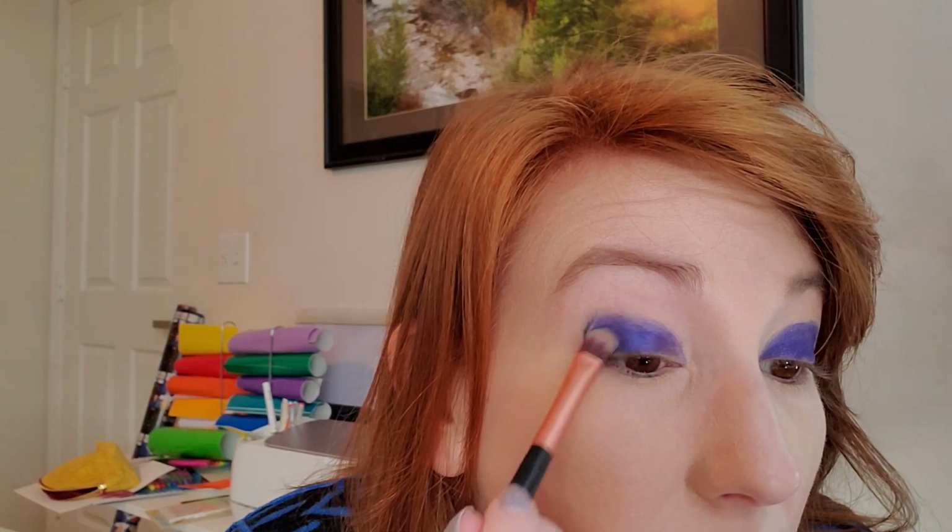I'm kind of cutting this shape out with my brush as well. Press, press, press. And then we're going to blend with a nice neutral color. Wow, that is very, very blue, Pat McGrath. I like it. I'm not mad at it, you know? But I do think it's lighter. This one's lighter now. So I have to go back and